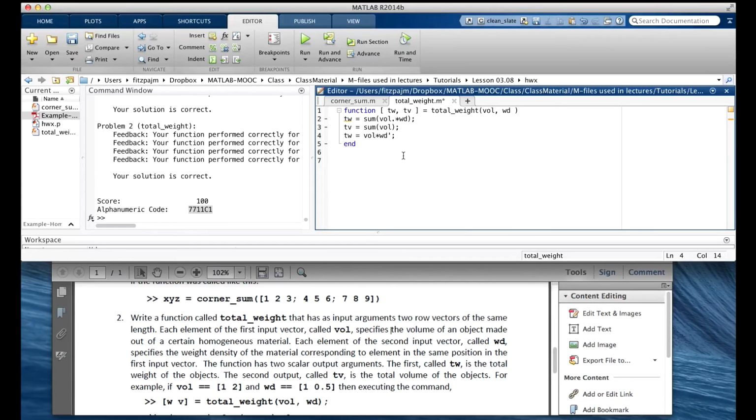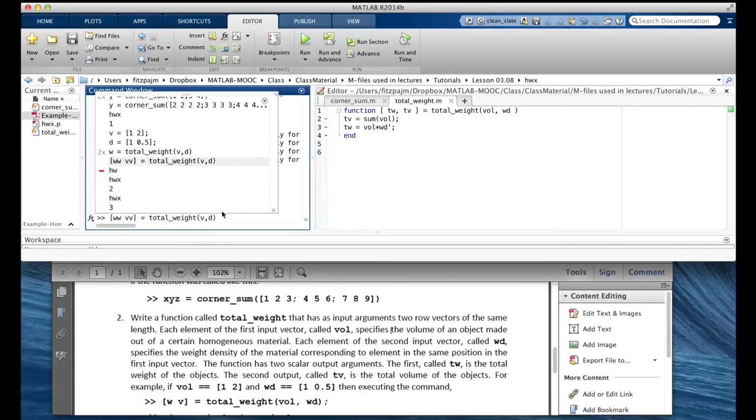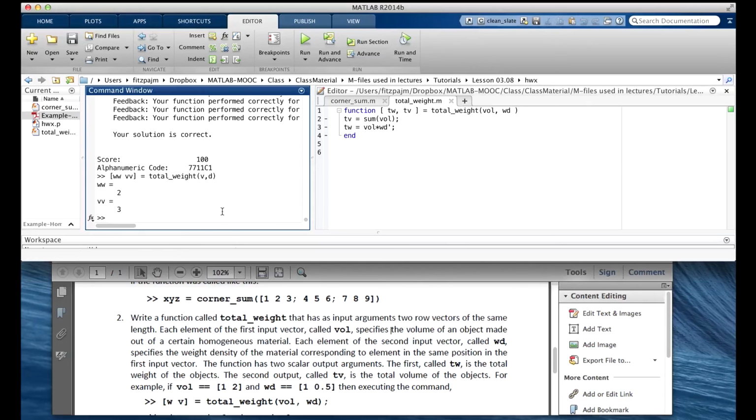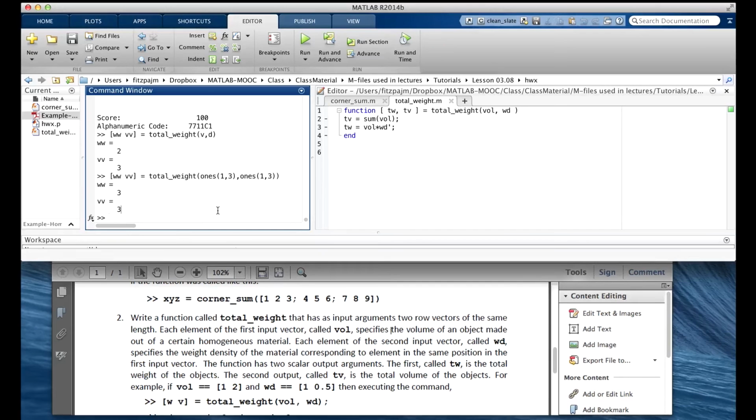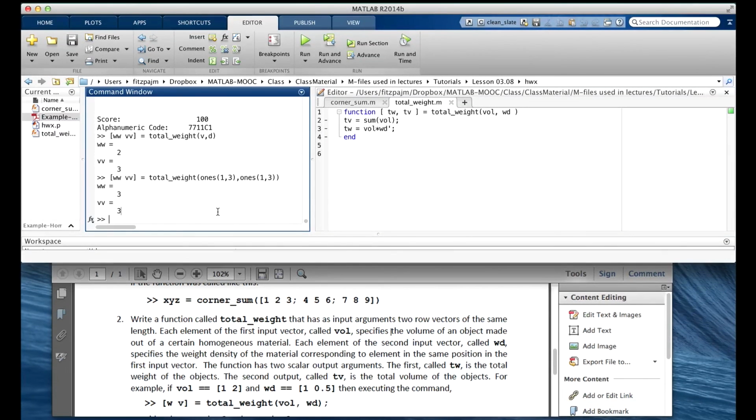So now we don't need that first sum function. So let's get rid of this. Now let's run a few tests. Let's do this last one we did. Now we got everything correct. And maybe one more. Well, let's see here. Let me think. Each vector is 1, 1, 1. Sum is 3. Sum of the product. Yeah, okay, that's correct.